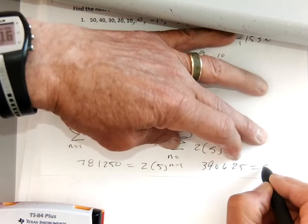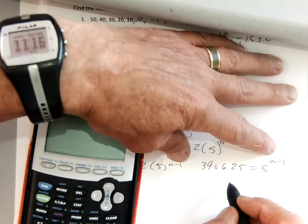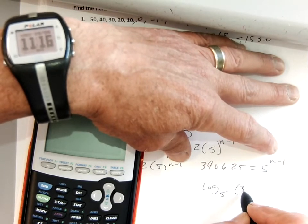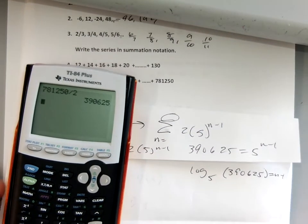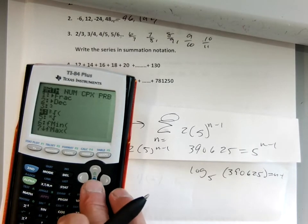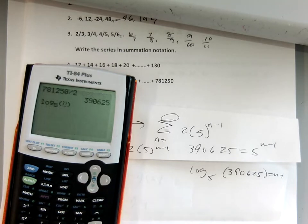390,625 equals 5 to the n minus 1 power. If I do the log of that, remember the log? I can go log base 5 of 390,625 equals n minus 1. Okay, we learned logs. Then if I go to my math, go to my log button, this will solve it. Heck yeah, log base 5, this is why we learned log,